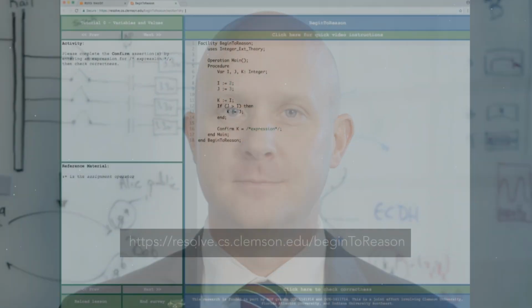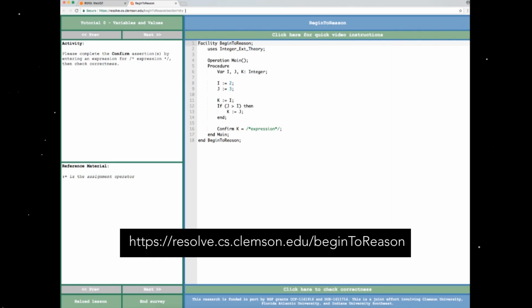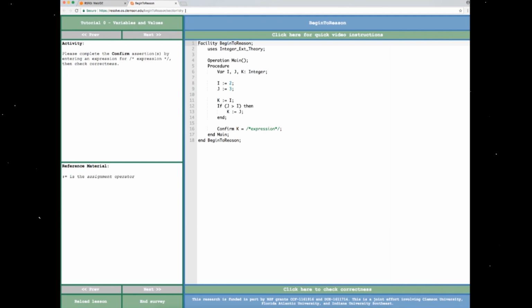So let's get started. The BeginToReason tool is a web-based application that will help you to practice your analytical reasoning skills so that you can become confident about your ability to develop and maintain correct software. You'll practice these skills by completing a series of increasingly challenging exercises that will test your understanding of short program code fragments. The tool displays just one exercise at a time, and the screen is divided into 3 sections: 1,